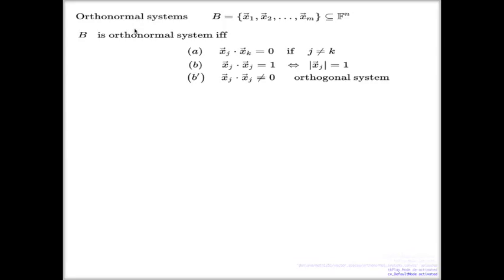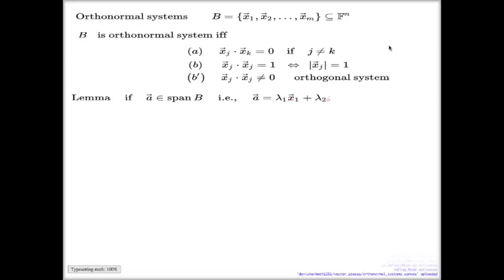So look, what's so beautiful about the orthonormal system? I made a statement. I frame it as a lemma. Look what it says. If you have a vector which belongs to the span of this set B, that is, the vector admits the following representation. Any vector which admits a representation like this, any vector from the span of this system, if you're facing a task